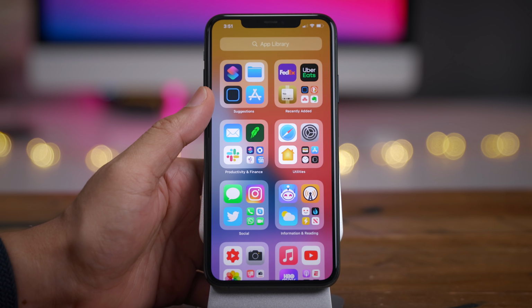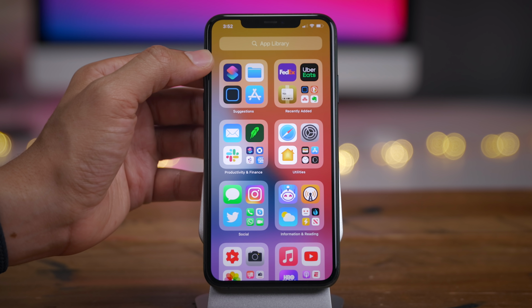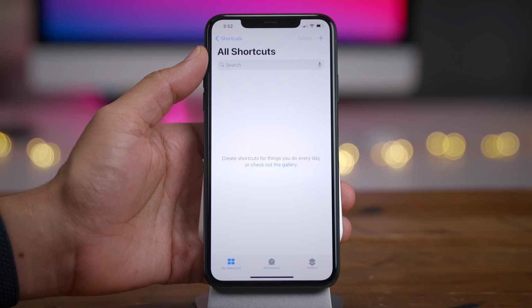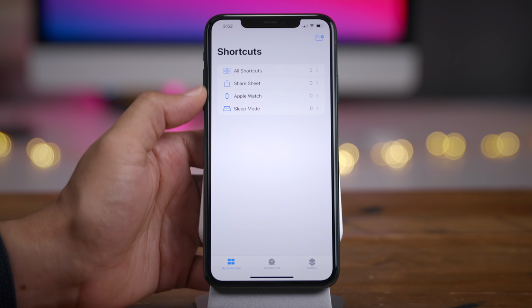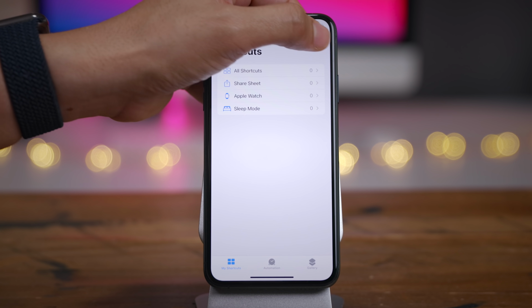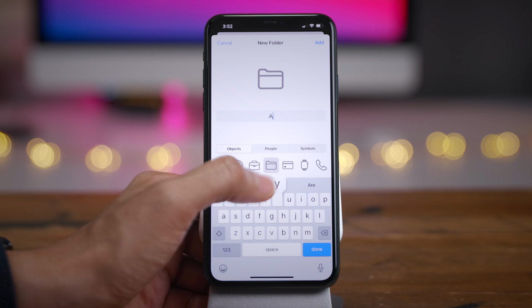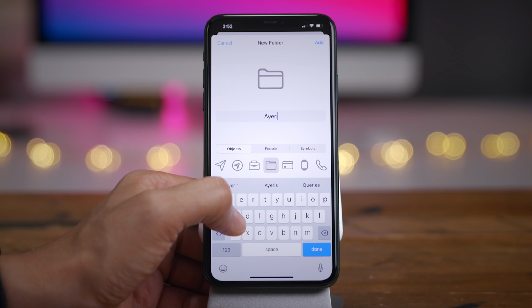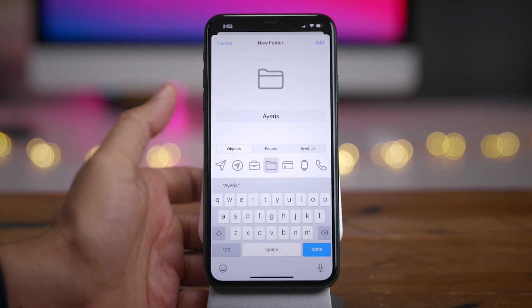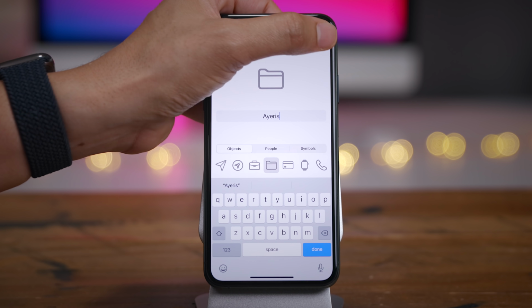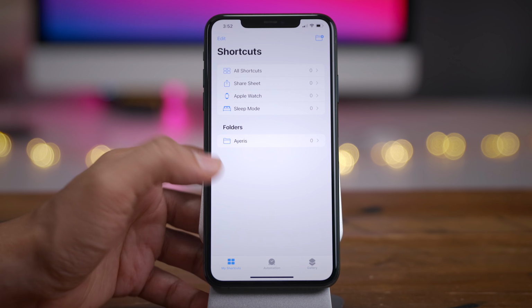We're ready to use the Shortcuts app to create our app icons. So we're going to launch Shortcuts, and we want to go back to the root area of the Shortcuts app here, and we want to tap the New Folder button in the upper right hand corner, and then we're going to just call this whatever your theme is called. In this case, of course, it's Ayeris. We're going to create a new Ayeris folder, and that will be where all the different shortcuts reside that we